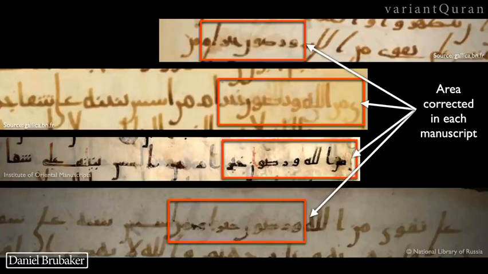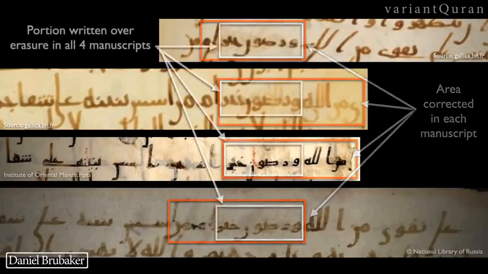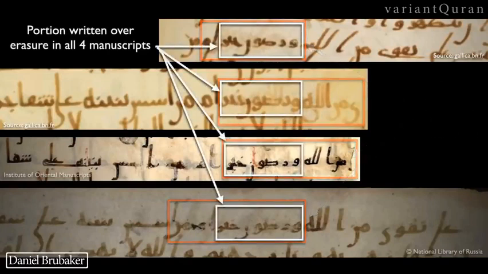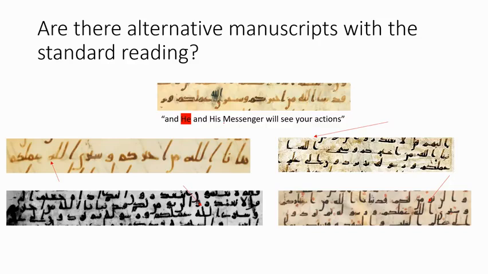The second one down, of course, has 1 letter possibly corrected on the previous line. The third one down may have a correction that extends off to the right side, but that part of the page has been lost. But what is corrected on the existing manuscripts on these lines is shown by the red square. And here you can see the common portion between all 4 of the manuscripts, and it is the word Wa Ridwan higher in each case.